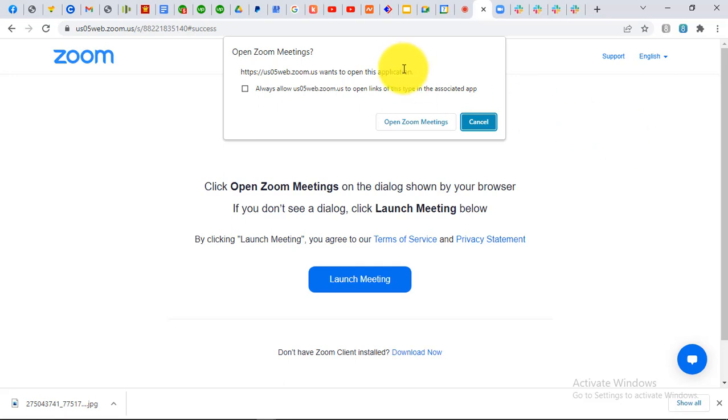Do I want to start the meeting with my desktop client, or do I want to launch the meeting with my browser? Okay, so I can either use the two. I would prefer to just launch the meeting with my browser and see. Usually desktop client is advisable. Even Zoom themselves will ask you to log in with your desktop client,